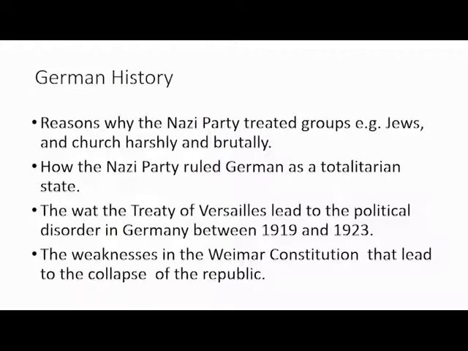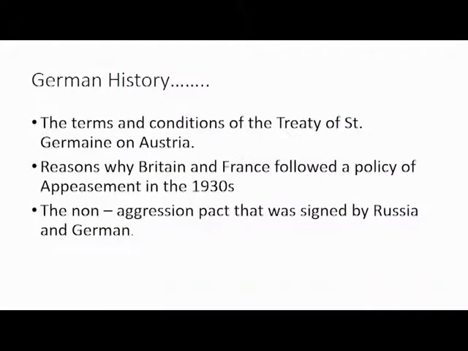How the Treaty of Versailles led to the political disorder in Germany between 1919 and 1923. Look at the weakness in the Weimar Constitution that led to the collapse of this republic. The terms and conditions of the Treaty of Saint-Germain on Austria, reasons why Britain and France followed the policy of appeasement in the 1930s, the non-aggression pact that was signed by Russia and Germany,